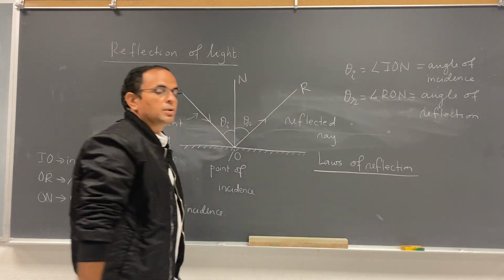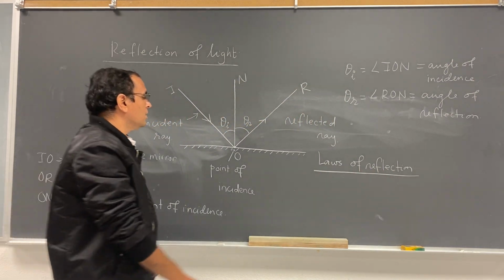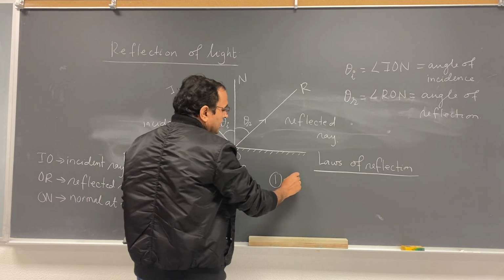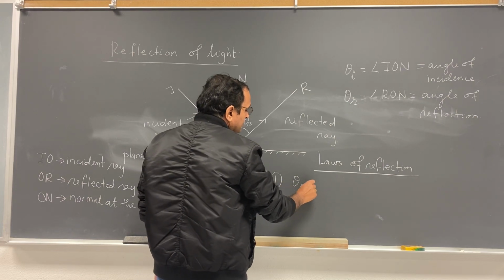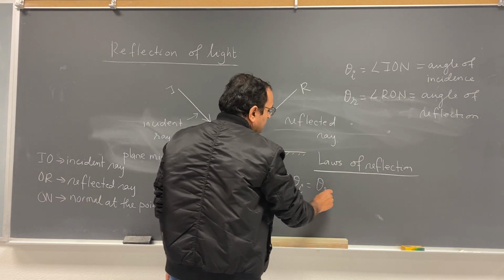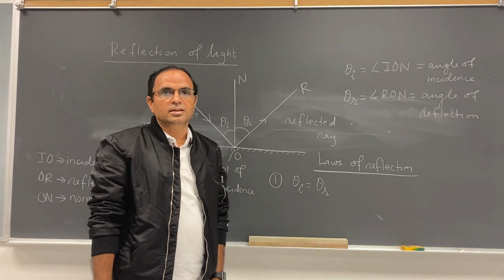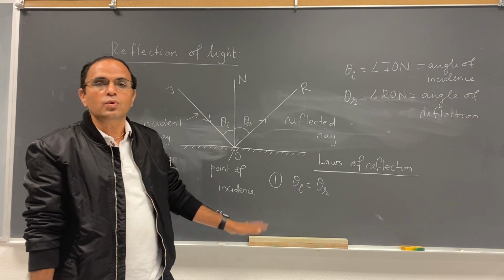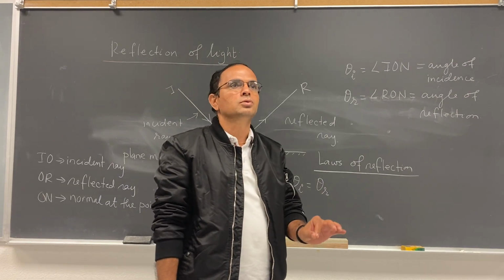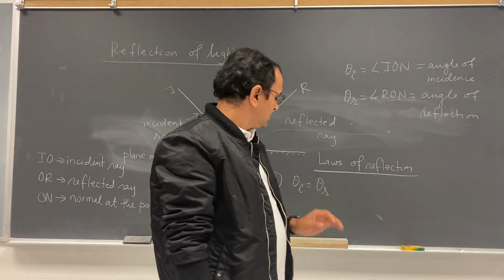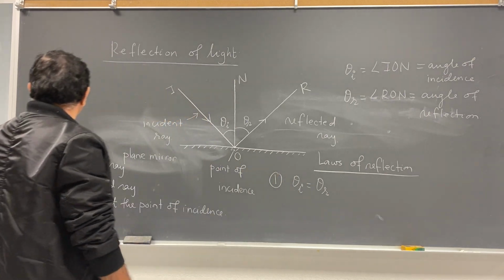This is a very simple law. The first law is theta I, the angle of incidence, is equal to theta R, the angle of reflection. Simple. The angle of incidence is always equal to the angle of reflection. Okay, and the other law is,